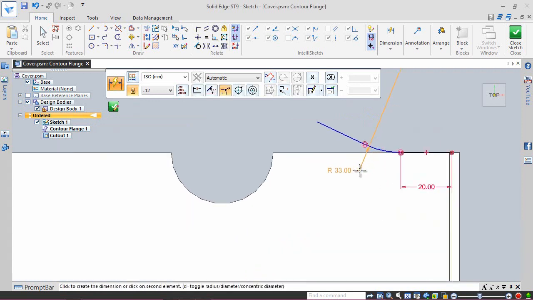The radius of the arc is 10 mm. Apply a dimension of 6 mm on this line.